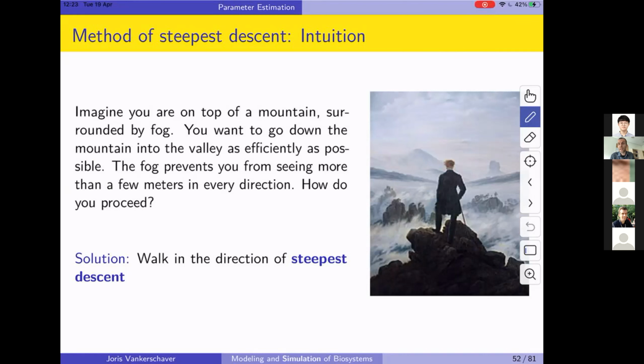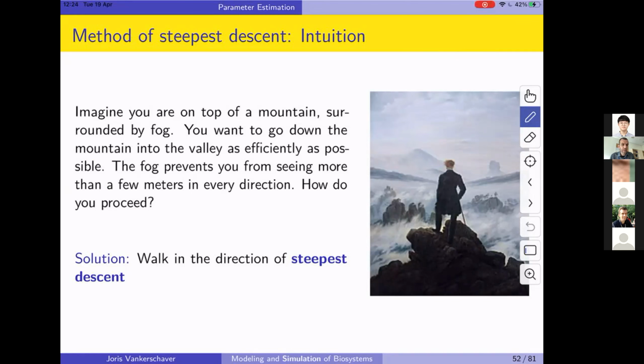Knowing that on top of that, you're very unlucky. There's fog around you, so you can't see the village and tell which direction you need to walk in. Well, one thing that you can do is look around you for the direction of steepest descent. So you can go over the edge of the cliff and go straight down. And chances are, if you don't break your bones, that's going to get you into the valley by the most efficient path,